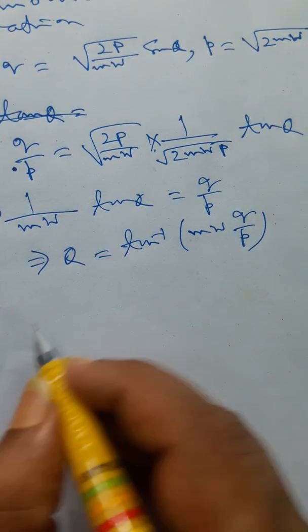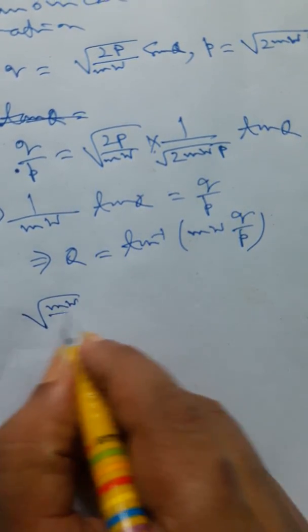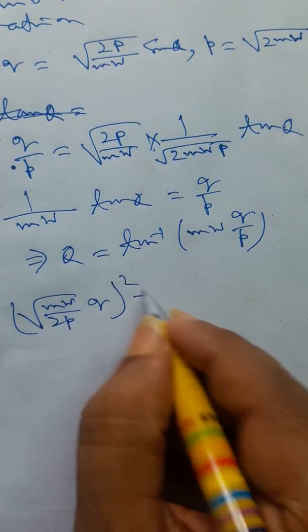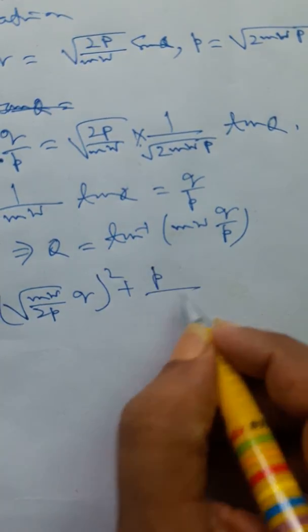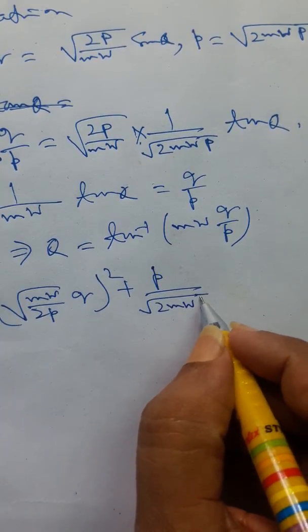So here we have root over m omega by twice P into Q whole square plus p by root over twice m omega P